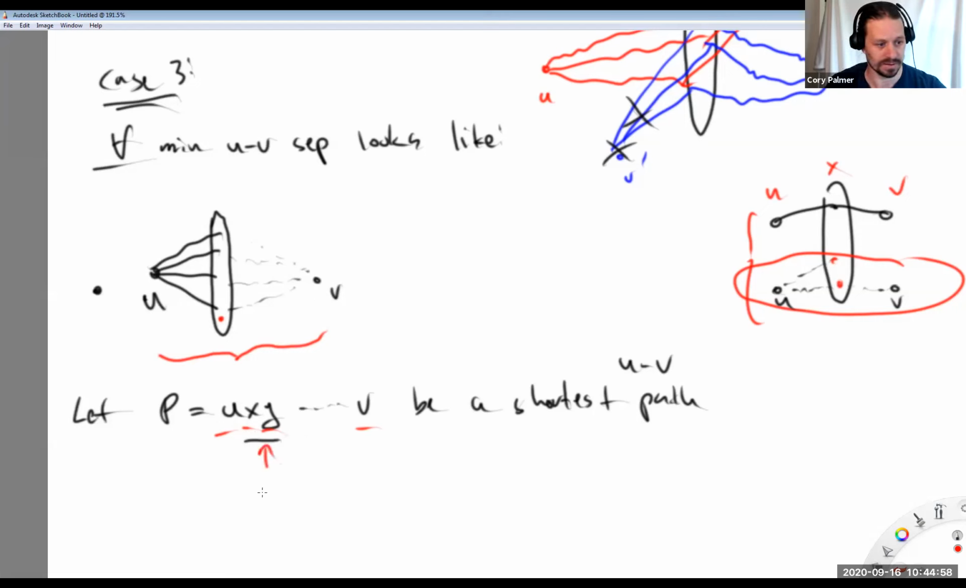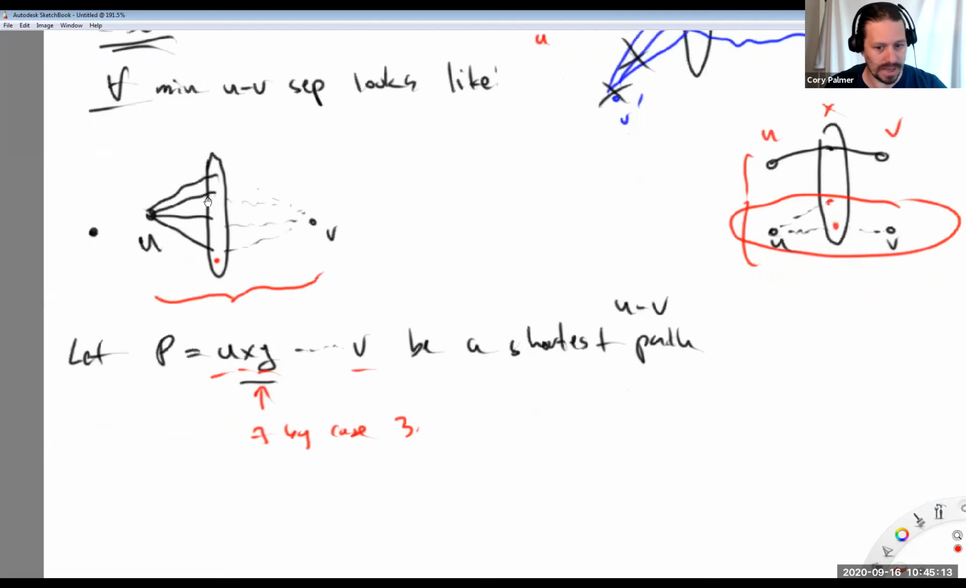Okay, these exist by case 3. What I'm going to do for you in a moment here is find a shorter path. Okay, if I find a shorter path, I have a contradiction. So the point is case 3 can't even happen. We're not going to apply induction in this one. Okay, so claim